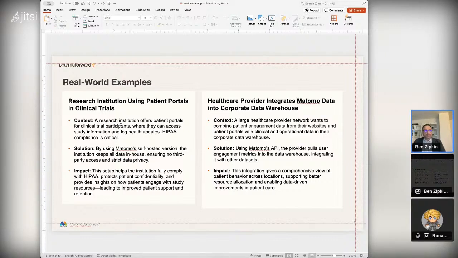And then also, as I mentioned, working with a large provider to integrate Matomo data into corporate data warehouses. The access to the API, unlike Google Analytics, where being able to not have to go through BigQuery or have to rely on Google Cloud, being able to create that connection, makes it a very powerful solution. And again, getting a full comprehensive view of patient behavior,